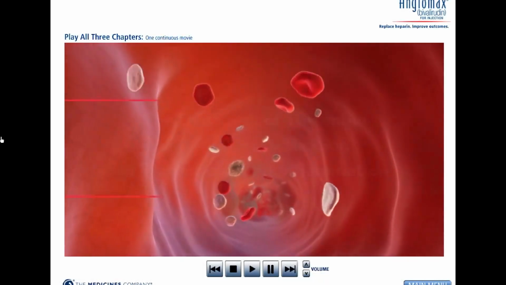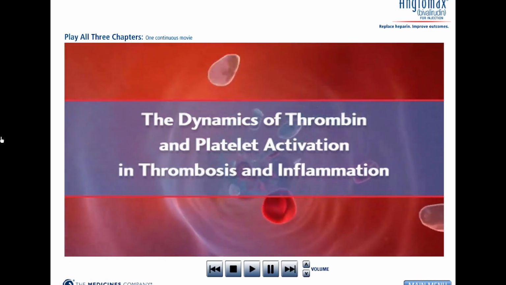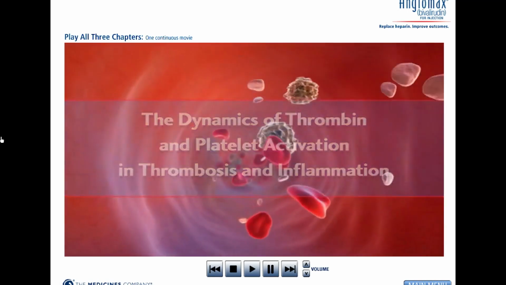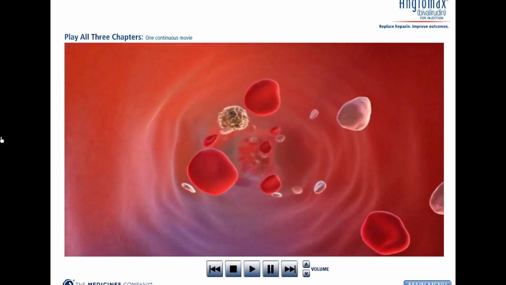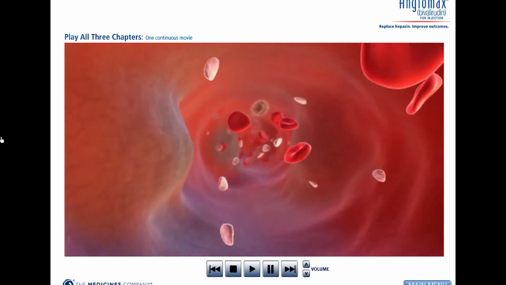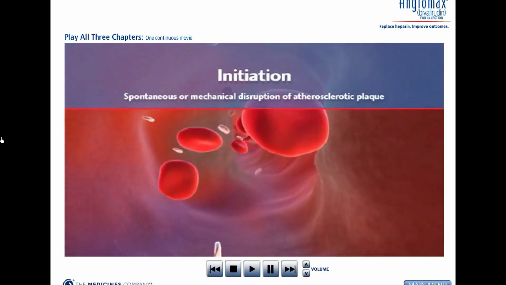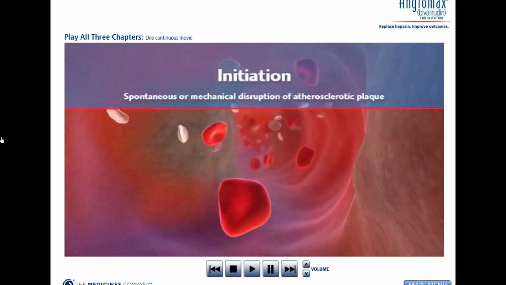The old concept of coagulation cascade has evolved to a newer cell-based model. It reflects the interrelated role thrombin plays in both coagulation and platelet activation. In the setting of cardiovascular disease, the first phase of coagulation, initiation, is triggered by the spontaneous or mechanical disruption